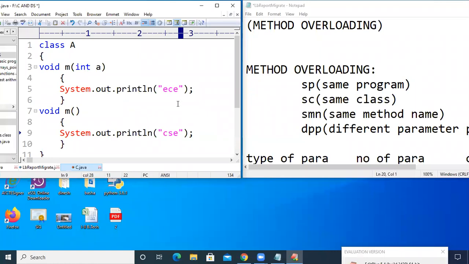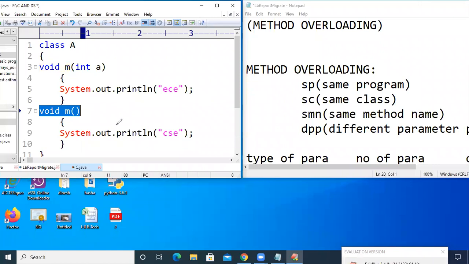So the first method is going to print ECE, and the second method is going to print CSC on the output screen. The names of the methods are the same, both are m, but there is some difference in terms of number of parameters. So here the second method m is having zero parameters.